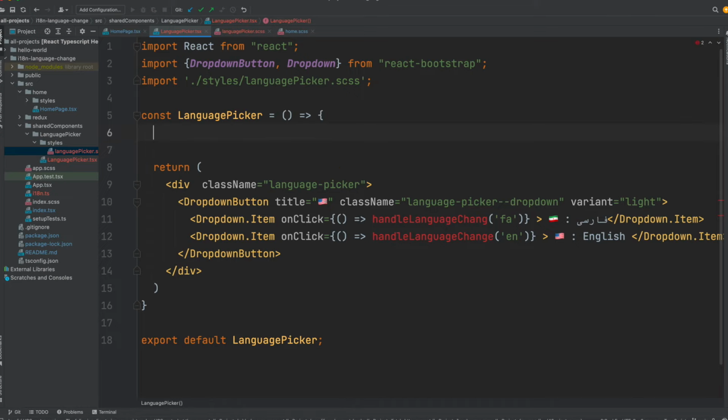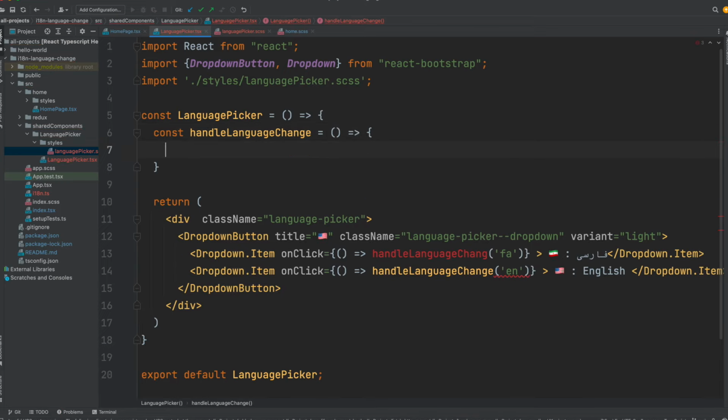So we can define it like const and this function, and it's equal, it gets the parameter. Since we use TypeScript, we can just give it a type, which is language, and the type is a string because we passed the string from here. And what does it do? So we can just check